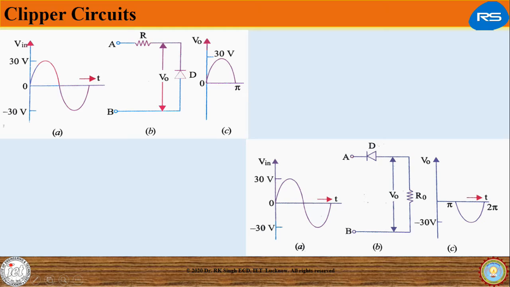Such circuits are used in radars and digital computers when it is desired to remove signal voltage above or below a specified voltage level. Another application is in radio receivers for communication circuits, where noise pulses that rise well above the signal amplitude are clipped down to the desired level.